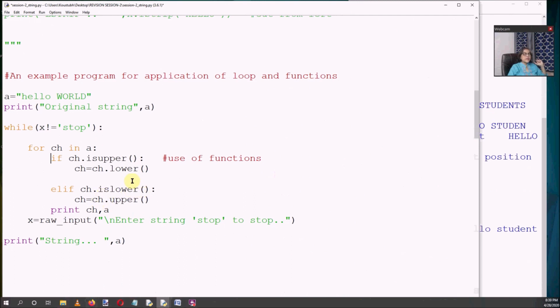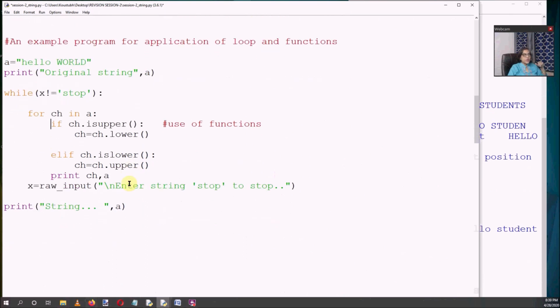This means the program converts the lowercase part into upper and the uppercase part into lower according to your given conditions. So isupper and islower are the condition checking functions. Always remember that. And lower and upper are always conversions, meaning it will convert the string into the corresponding case.